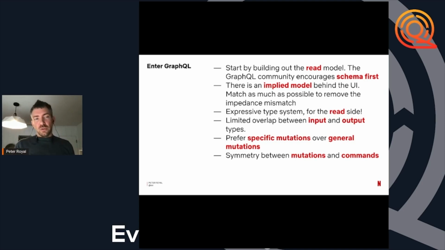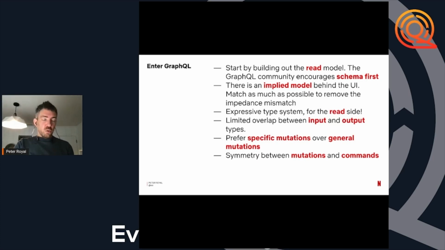So anybody that approaches GraphQL from a CRUD system background, that thinks, here's my entity model, I'm going to read that entity model, and the write API writes that same model, is immediately flummoxed to a degree. They are faced with this duplication of needing to duplicate the model in two different places, because GraphQL itself doesn't let you reuse what's going on. I think of this as a steering mechanism from GraphQL itself to say, hey, these two things are actually separate. And the GraphQL community plays into this where they prefer specific mutations over general mutations.